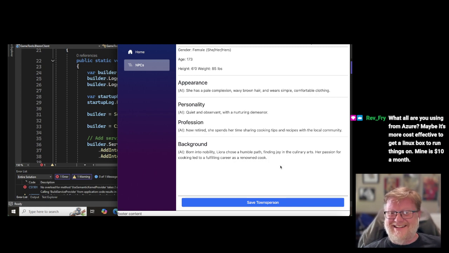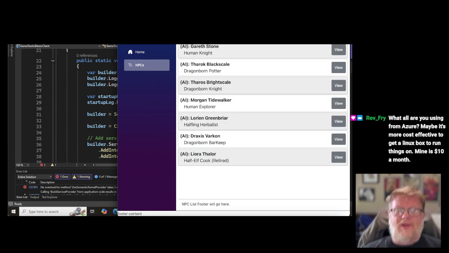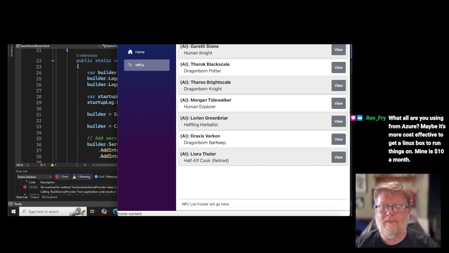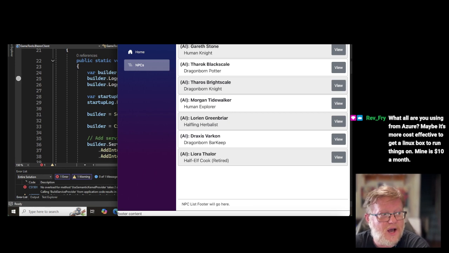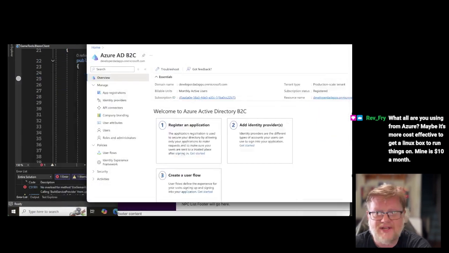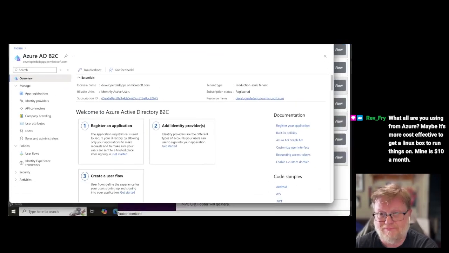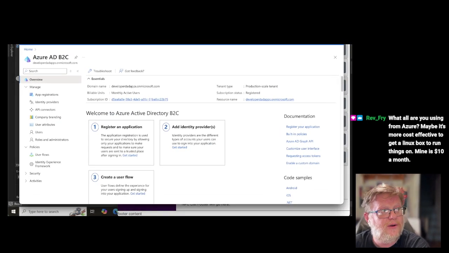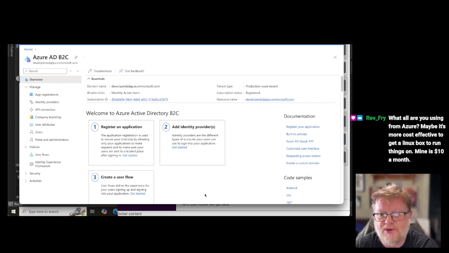All right, neat. So, how do we get a login experience for this thing? Well, this morning, I set up my Azure B2C tenant. Whoops. Now let's just pull this up here and make sure my email address isn't exposed, because I don't